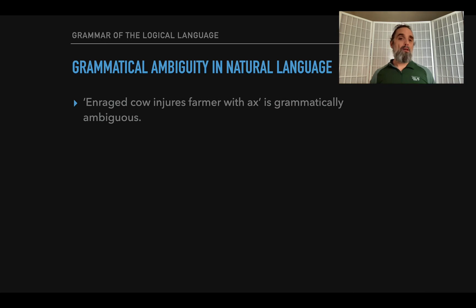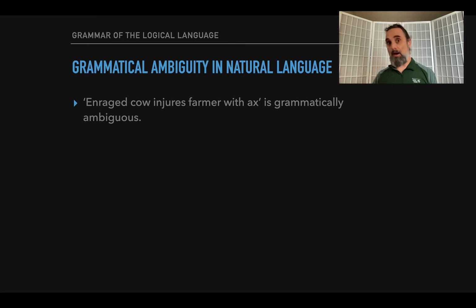Well, the sentence, enraged cow injures farmer with axe. Well, so that's a sentence, but it can be read in two ways. One is that there's an enraged cow, and there's a farmer with the axe, and the enraged cow injured that farmer. The other is there's an enraged cow, and the enraged cow injured the farmer, and how did the cow do it? The cow used an axe. It's pretty obvious. So those are both perfectly fine sentences in the sense they each describe a possible situation,